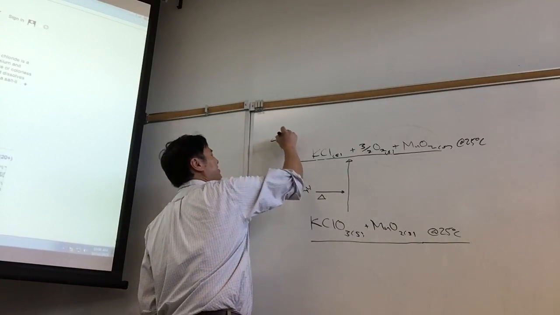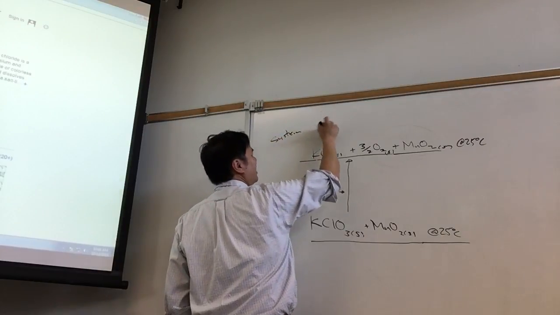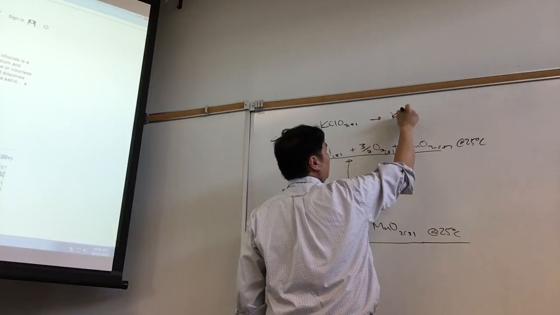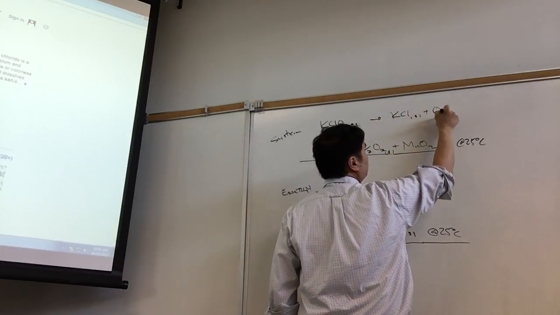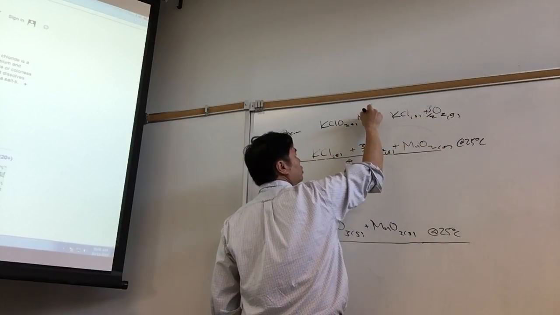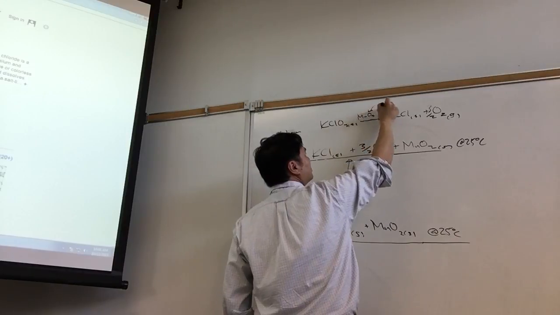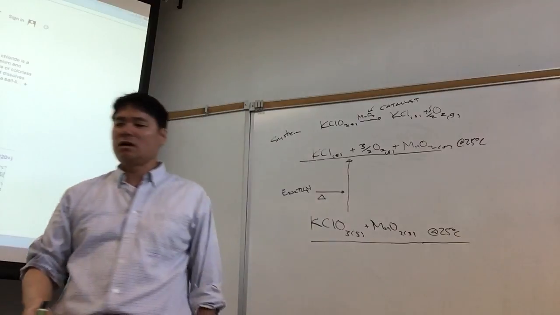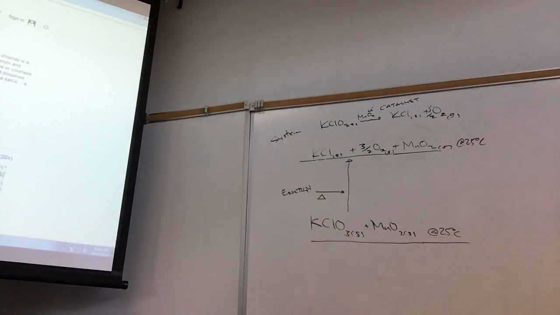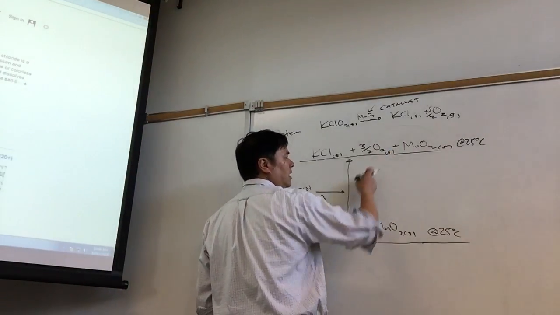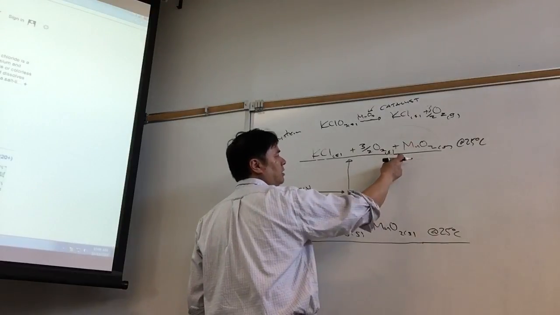Okay, so our system is the reaction. Our system is just defined as KClO3 solid goes to KCl solid plus O2 gas. To balance it, we'll need 3 halves. Now the MnO2 doesn't change. The MnO2 is what we call a catalyst. And a catalyst is just to speed up the reaction because the decomposition is kind of slow. And so one way we could speed it up is by adding a catalyst. The catalyst is consumed, but it's spit out again. In other words, there's no net change in the catalyst.